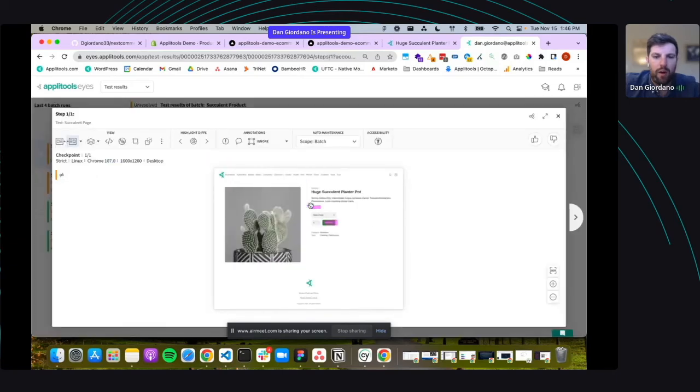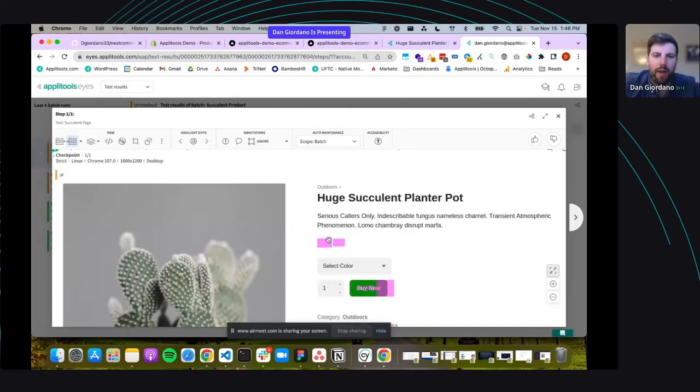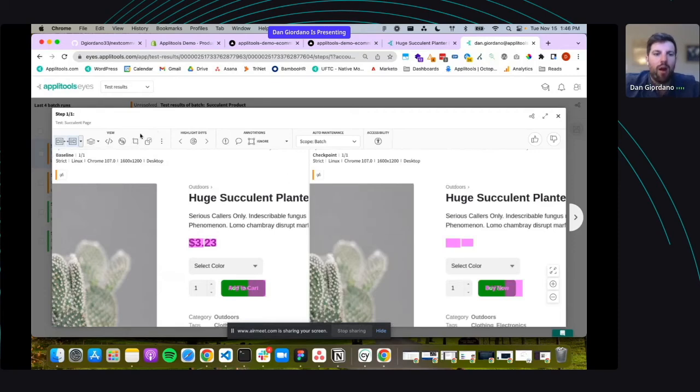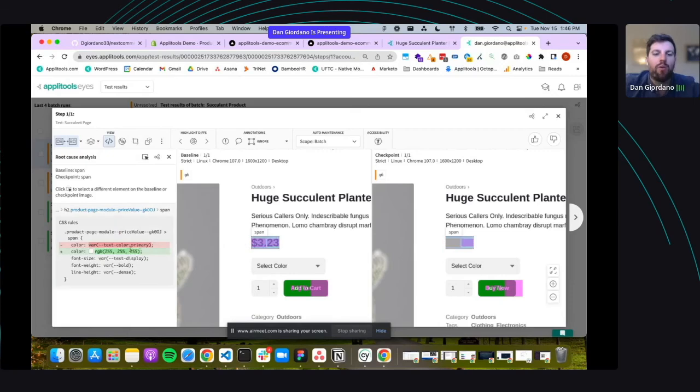Okay. All right, so now you can see that Applitools was able to see the difference. And actually, something that's really cool is it flags it here as obviously not showing up. Another really nice aspect, I think, of the Applitools dashboard is that we can do root cause analysis. We can actually see what changed itself. So when we go here, we're going to see exactly the elements that were changed while we're in the tool. So you can see here color change from text color primary to actually the FFF white color that we're talking